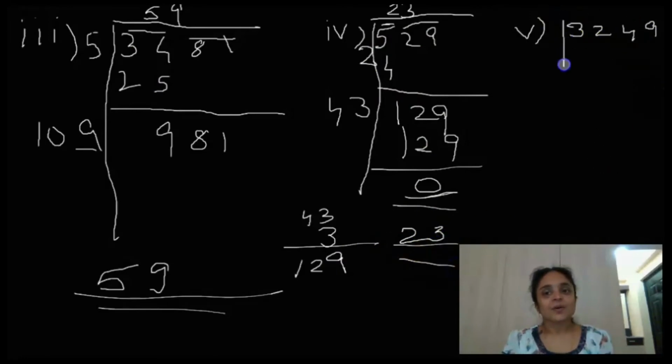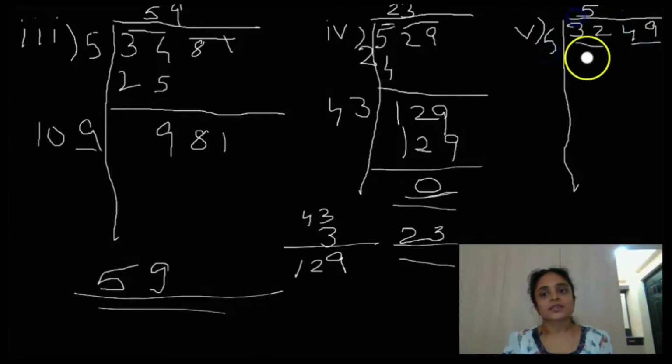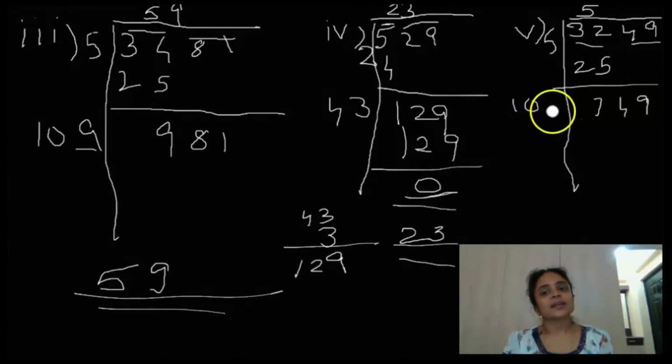Understood? Now square root of 3249. 49 will be a pair and 32 will be the other pair. Now 5 into 5 is 25. 6 into 6 is 36. So 5 is that number, and 5 into 5 is 25. Then 32 minus 25 is 7. Then bring this 49 down. 5 plus 5 is 10. Then 103 into 3 is